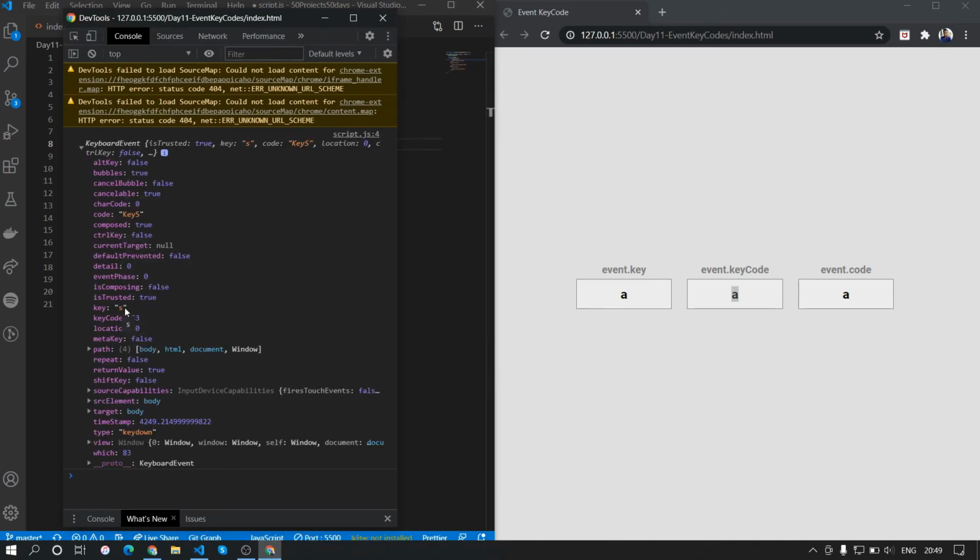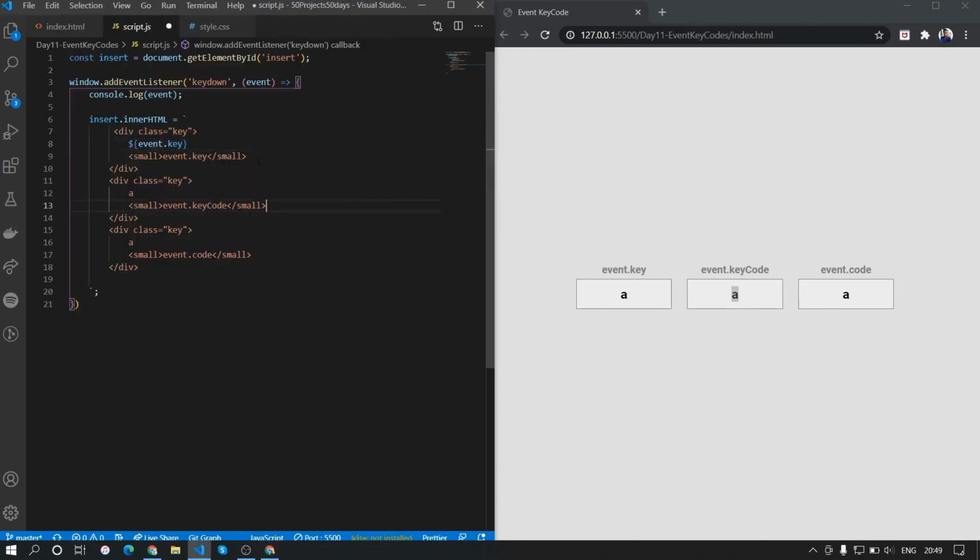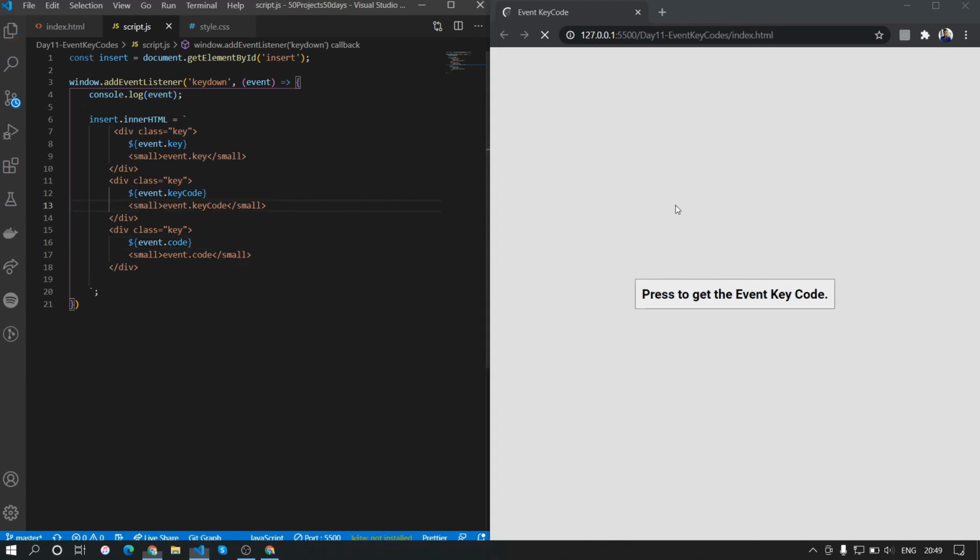So .key is which key was pressed, so that is here. Now we copy and paste this multiple times and just change the key value, so now when we save it and press any key here, you can see that the corresponding changes have been reflected.